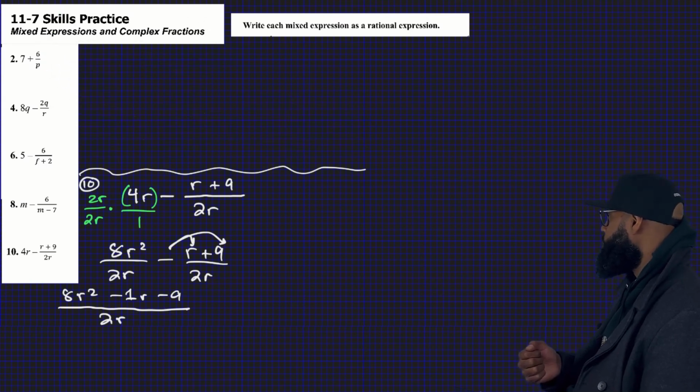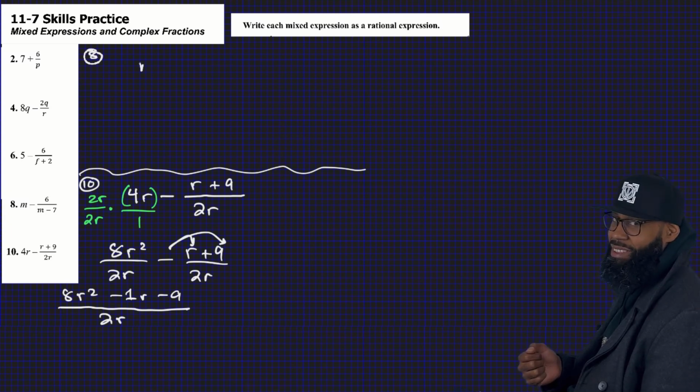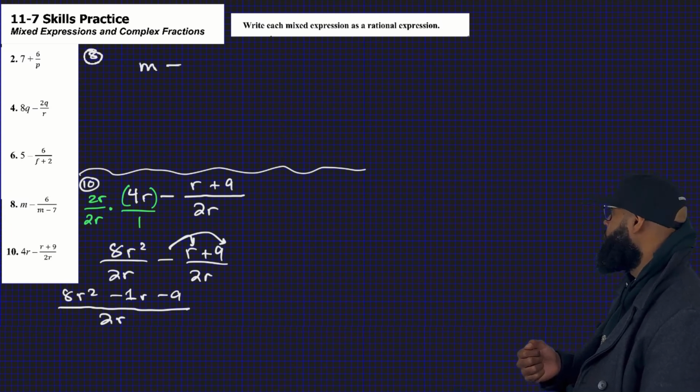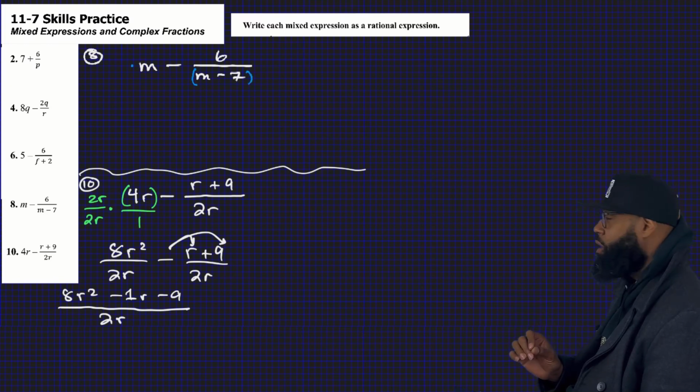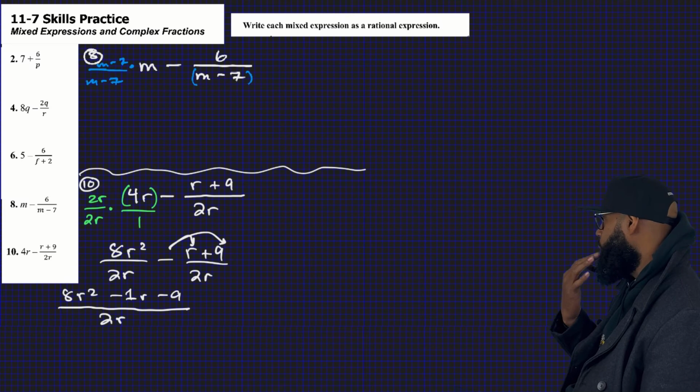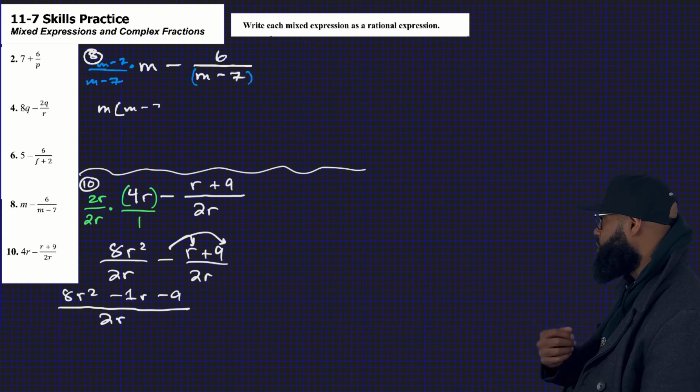So, moving on up. I'm glad you said that. To the top. M minus 6, all divided by m minus 7. I'm sorry, I said that wrong. M minus the quantity 6 divided by m minus 7. So recognizing what goes with what. So got a binomial, top times top. So now it's going to be m times m minus 7. So m squared minus 7m